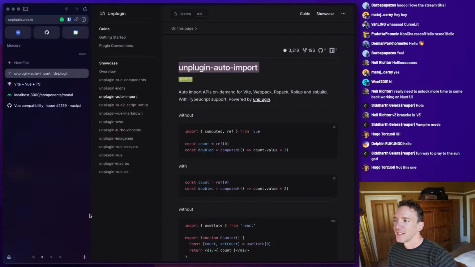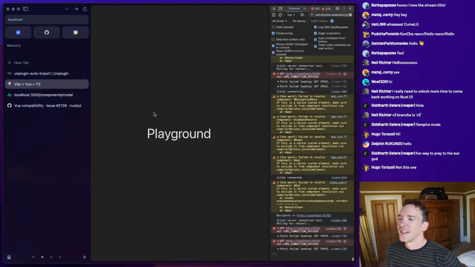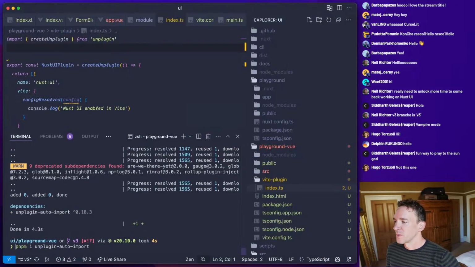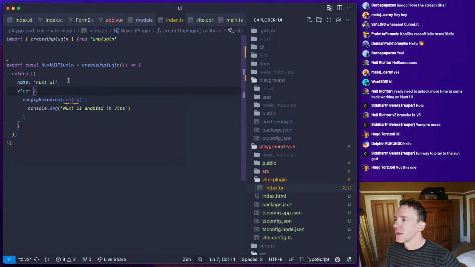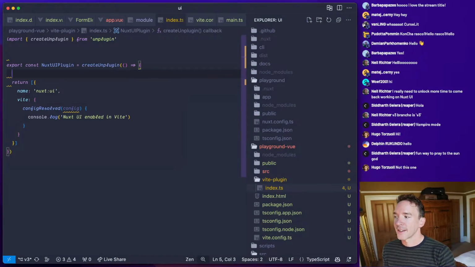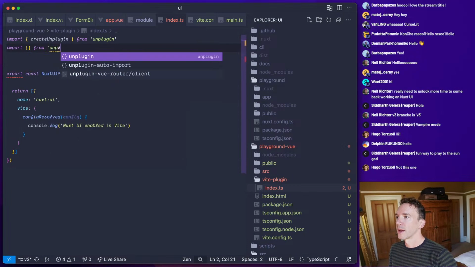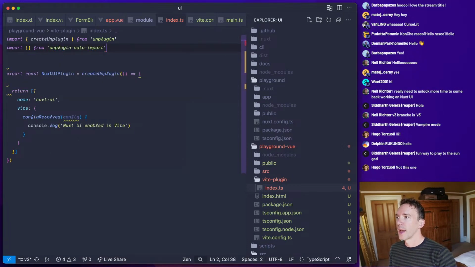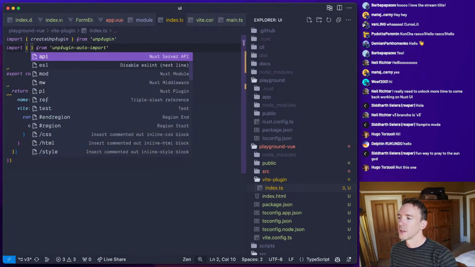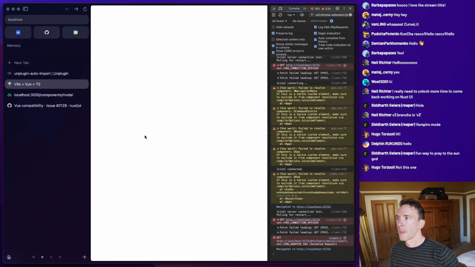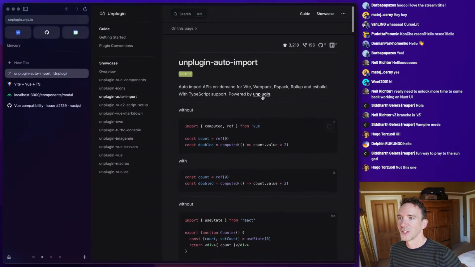Let's see. Oh, we have to start it one more time. We also have to configure this. So we want to create an instance of this unplugin auto import and register it. So unplugin auto import, and we are going to consult the documentation.